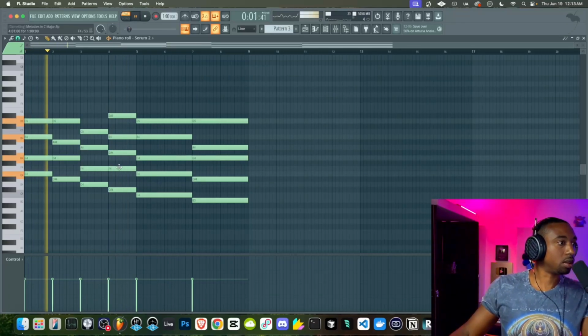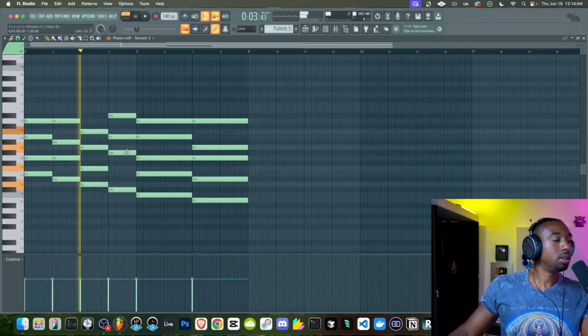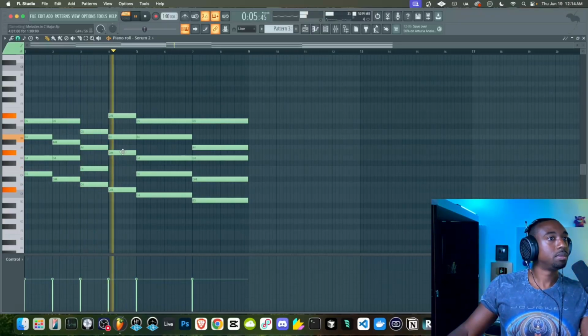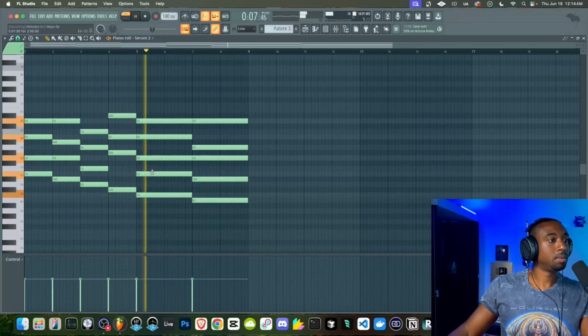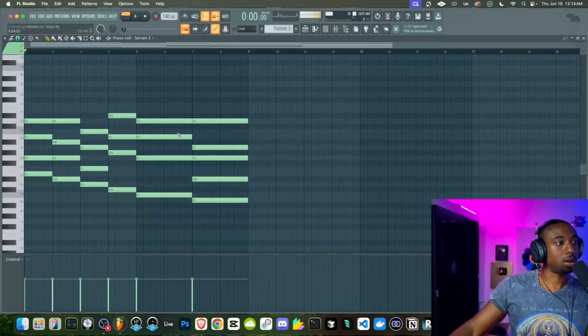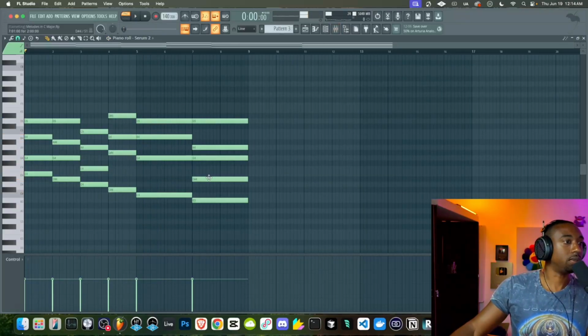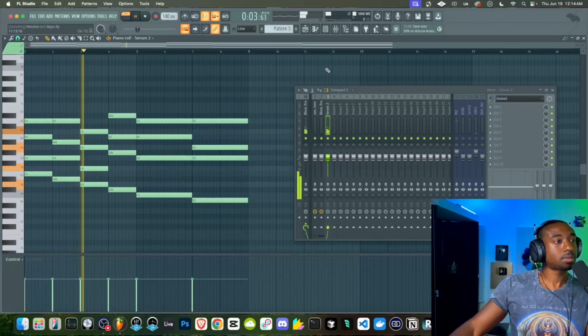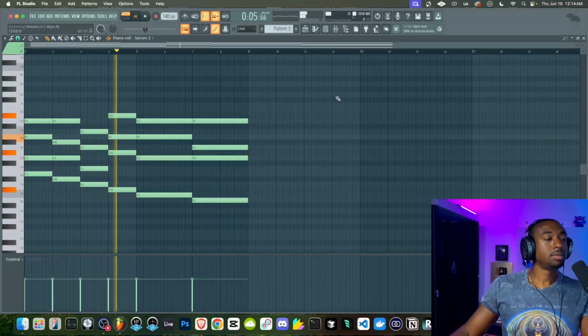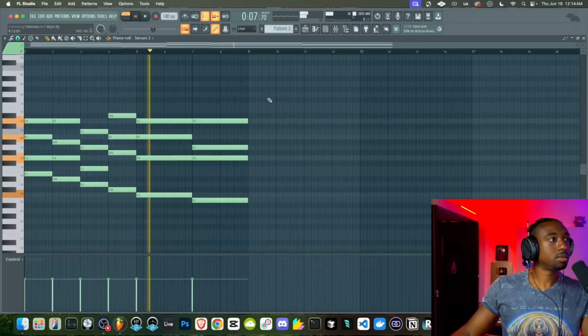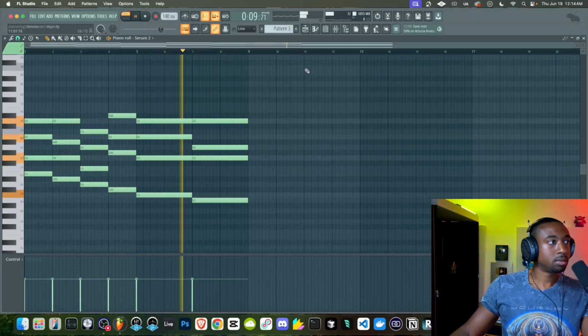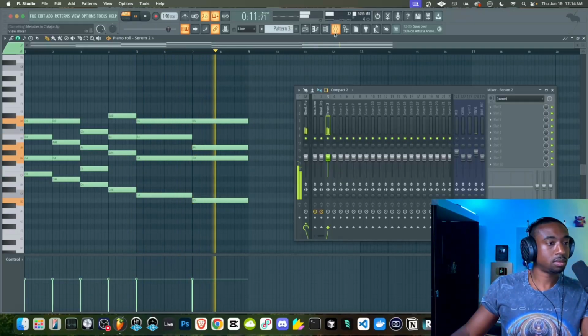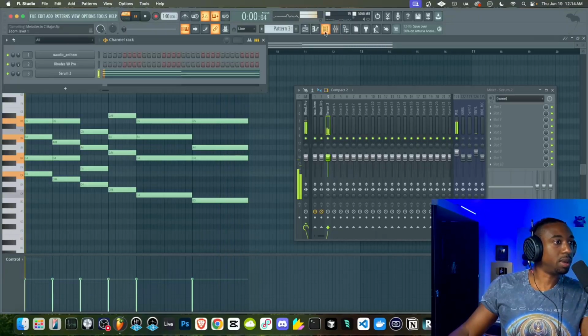So we need to get rid of one of the notes. We can get rid of the third. So whenever you have this big chord, you want the arpeggio to sound simpler, you could get rid of the third. All right, so see how we still maintain the tension?